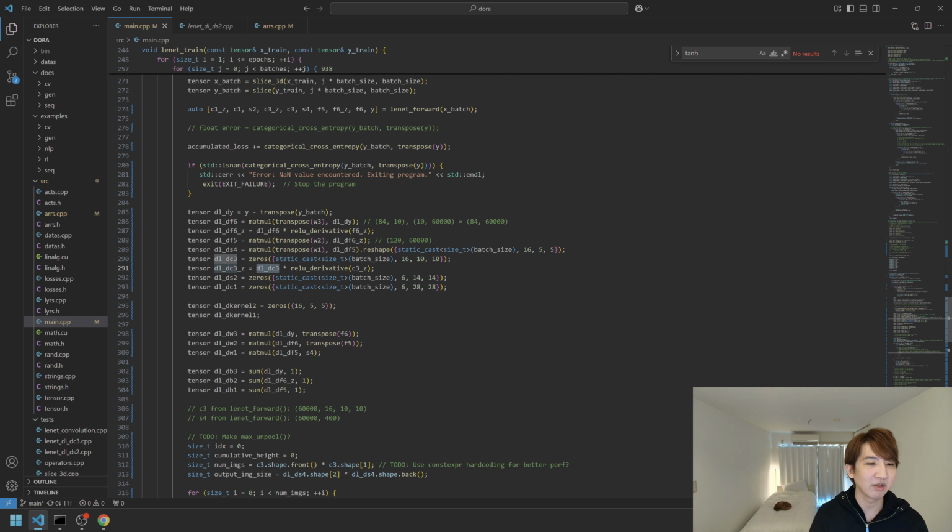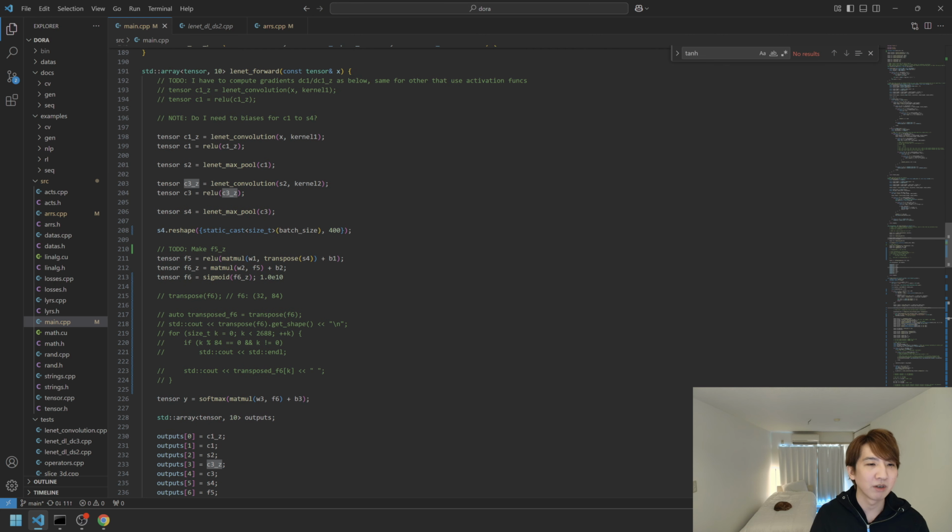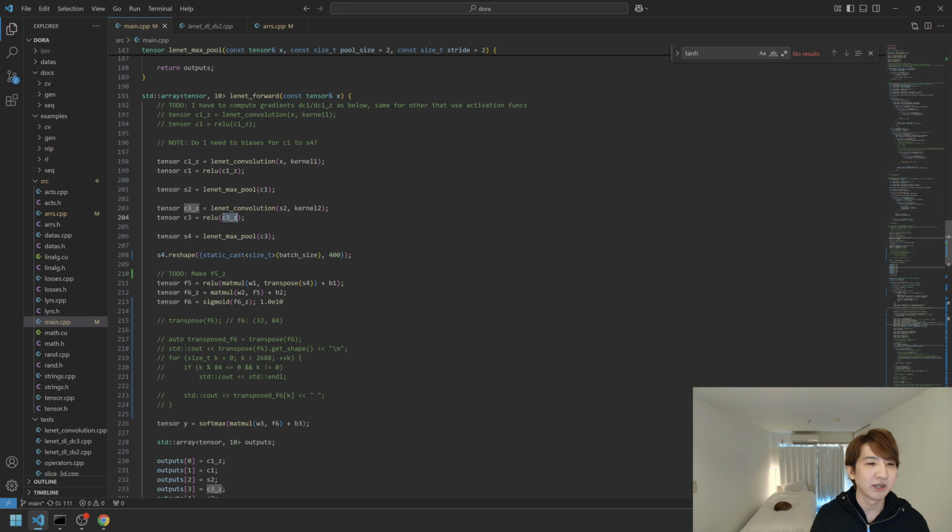Multiply DODC3 by the derivative of ReLU, and the input for the derivative of ReLU is C3Z, because the input for ReLU here is C3Z also. Next, the C3Z with respect to